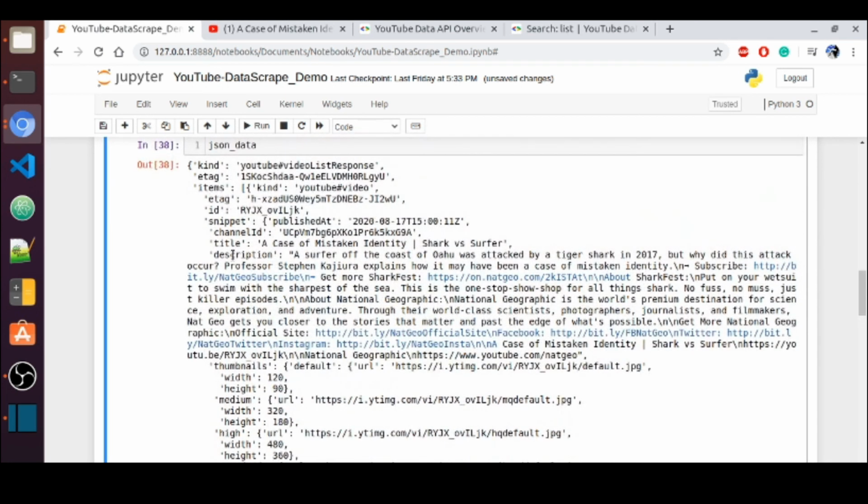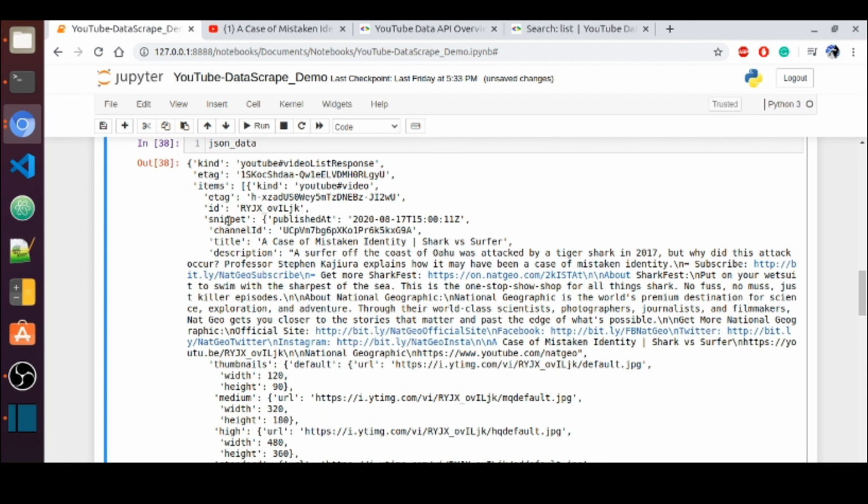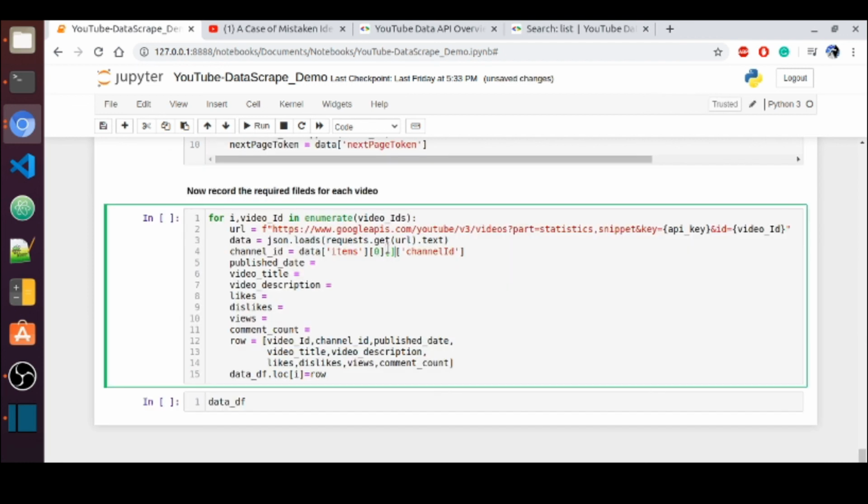Let me show you. We need to point to the snippet, then only we can get the channel ID, since the channel ID is available in the snippet. And the same thing we have to format for every field that we are trying to record, data items. I'm not sure whether this published date is available in snippet or stats.